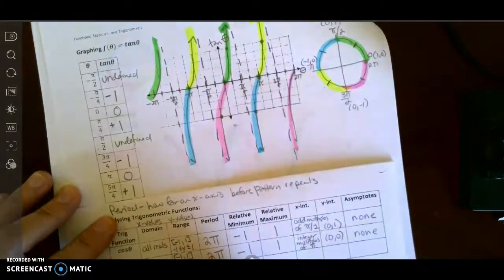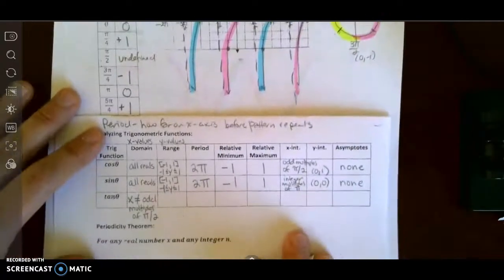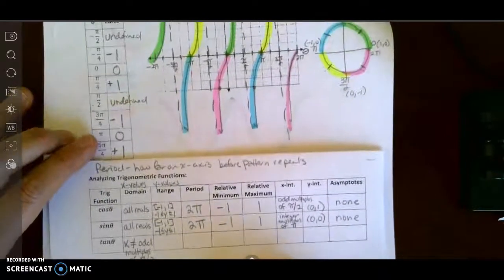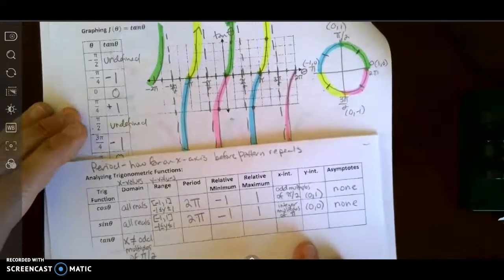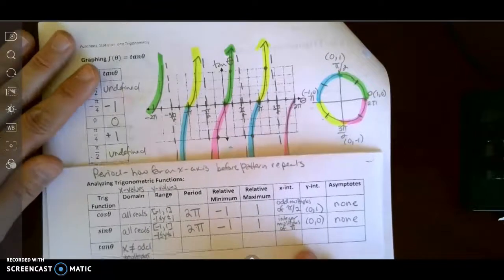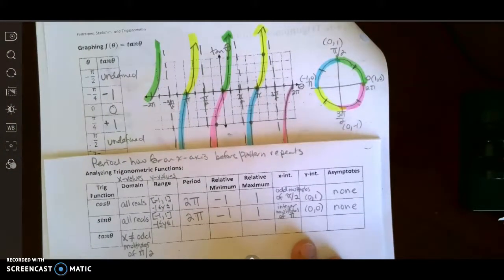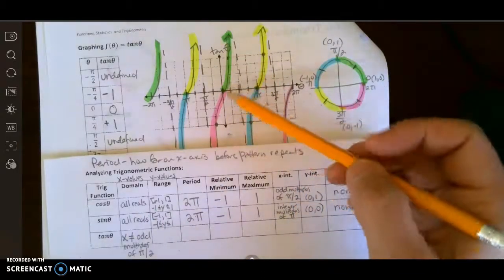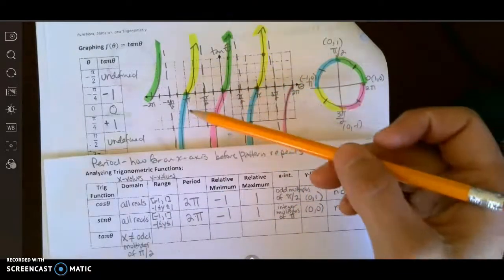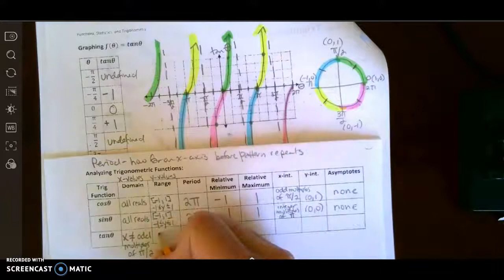So x cannot equal odd multiples of pi over 2. Okay? All right, so next, the range, well, it goes forever and ever up and forever and ever down, so all reals are the range